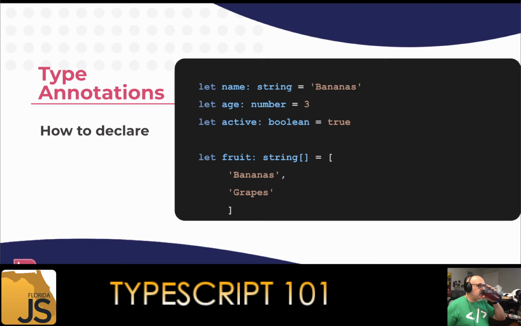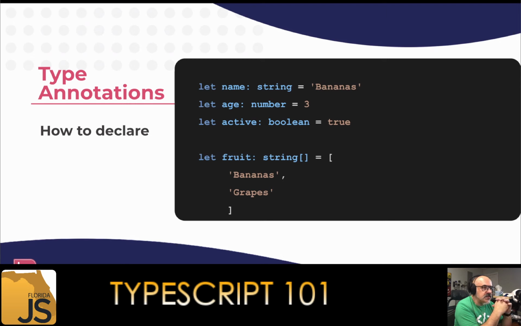So there's also another way, by inference. TypeScript will, on line 1, let name. For some reason, I'm crazy enough, or lazy enough actually, I don't even want to care about the type. I'll just say let name is equal to bananas. Yes, TypeScript can actually infer for me. That is also right. Another way of letting TypeScript work for me rather than me trying to type it. Just putting that out there. 100%.